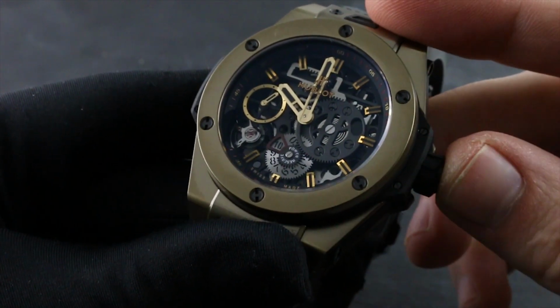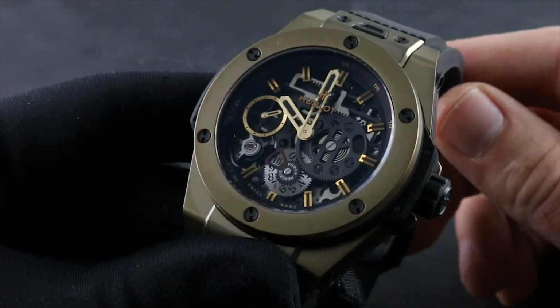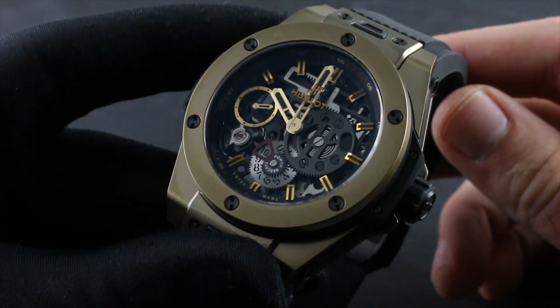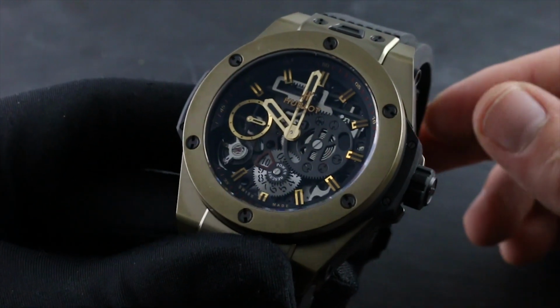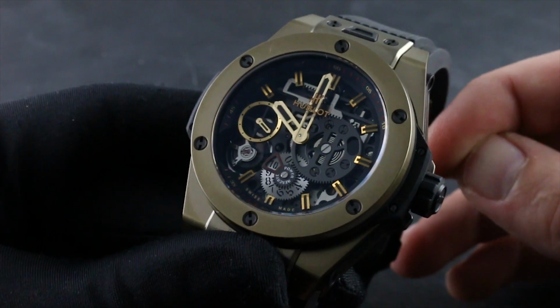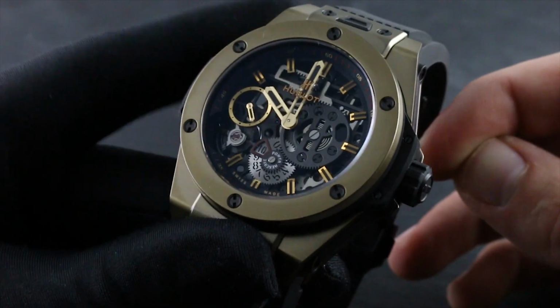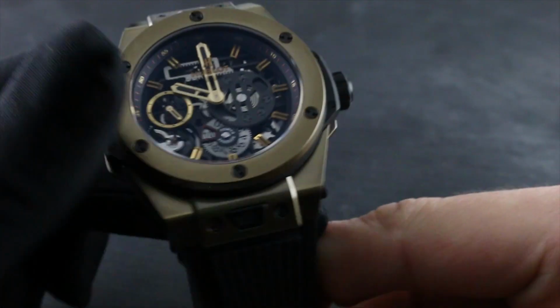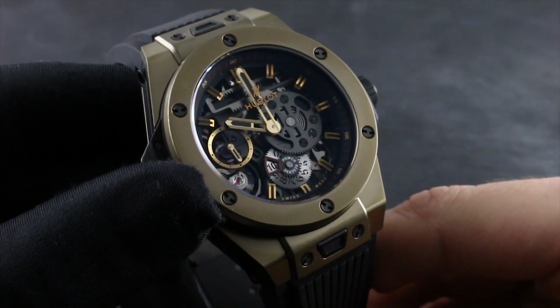Now, water resistance, in this case 100 meters, is a feature of the watch that will ebb with time. As lubricants age and seals degrade, a watch becomes relatively less water resistant, so Hublot recommends having the watch water tested at a Hublot authorized service center at least once a year to ensure factory rated hermeticity is retained. Now, the watch is rated to 100 meters of water resistance, which per Hublot is sufficient for most aquatic activities